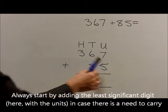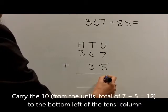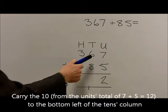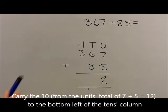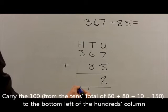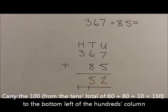So 7 plus 5 is 12. Children should know that double 5 is 10, therefore this number is 2 bigger, which gives us 12. So 7 plus 5 is 12, written as 2 units, and 10 is carried. We then add the 60 to the 80, which gives us 140, and add the further 10 which has been carried, which is 150. This is written as 100 being carried and 5 tens for the 50 in the tens